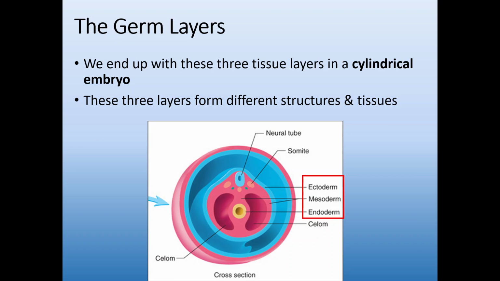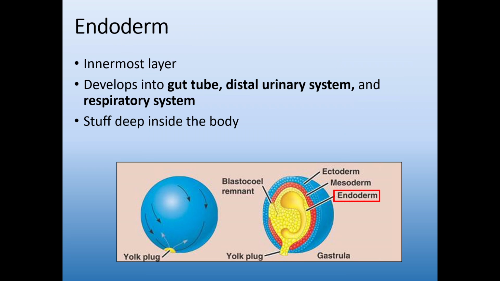All right, so now we're going to talk about what happens to each of those germ layers, because they are each going to specialize to create a different layer of our organism. So we end up, after this gastrulation, with our cylindrical tube. We have our tube running through our center, and we need to specialize each of these 3 layers. We will start with the endoderm. So this is the inside.